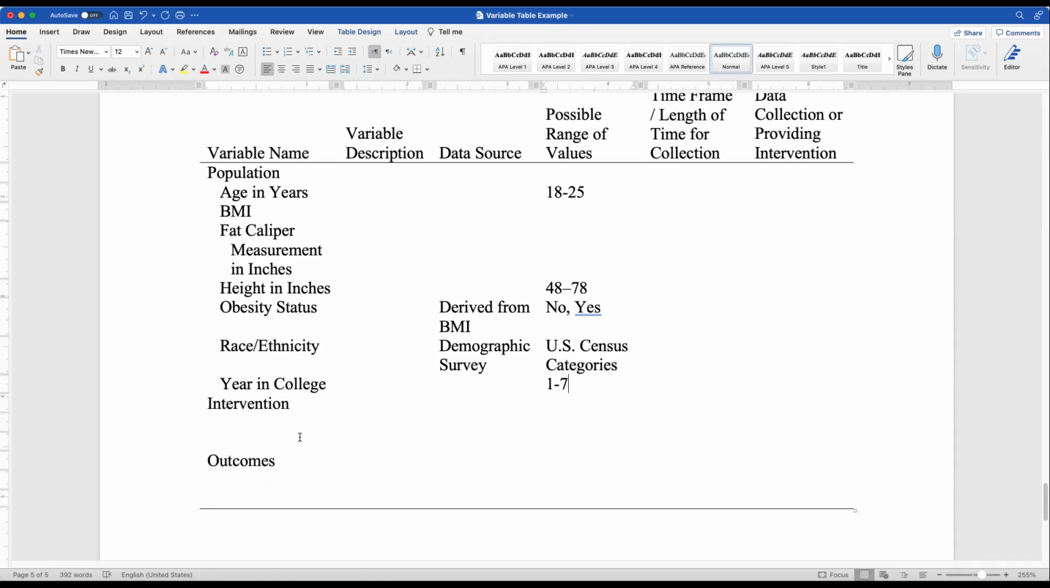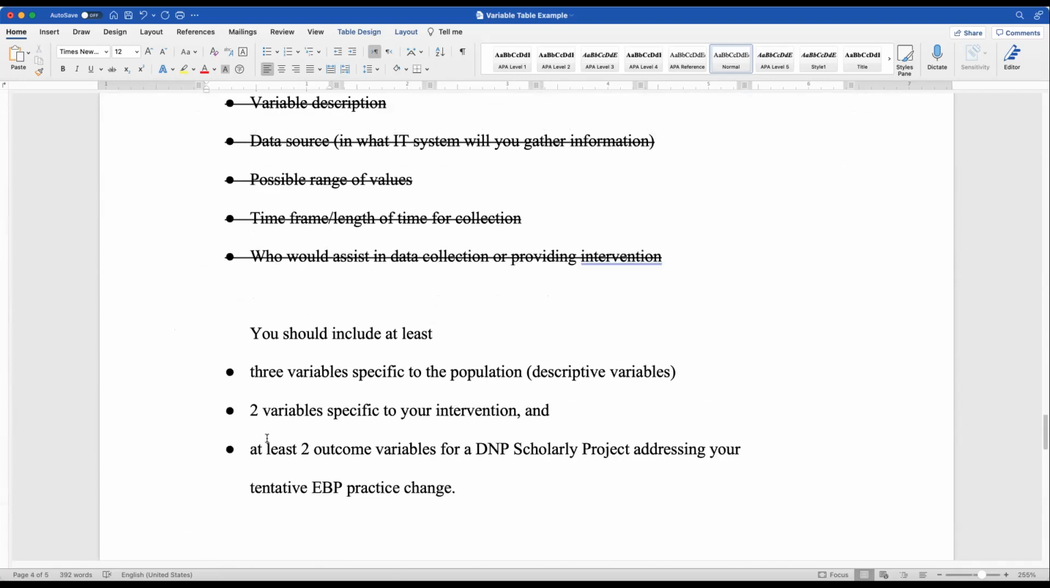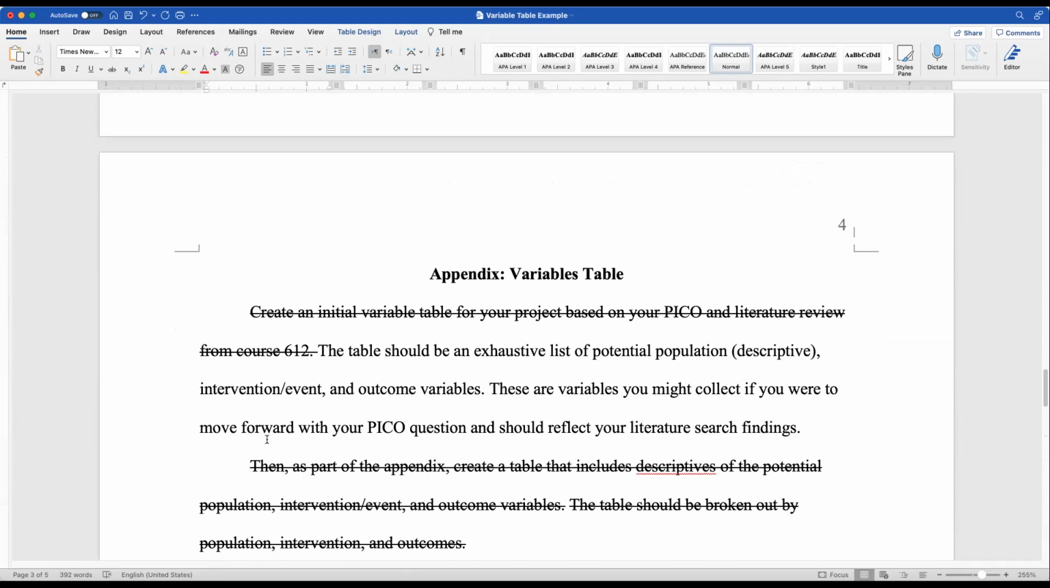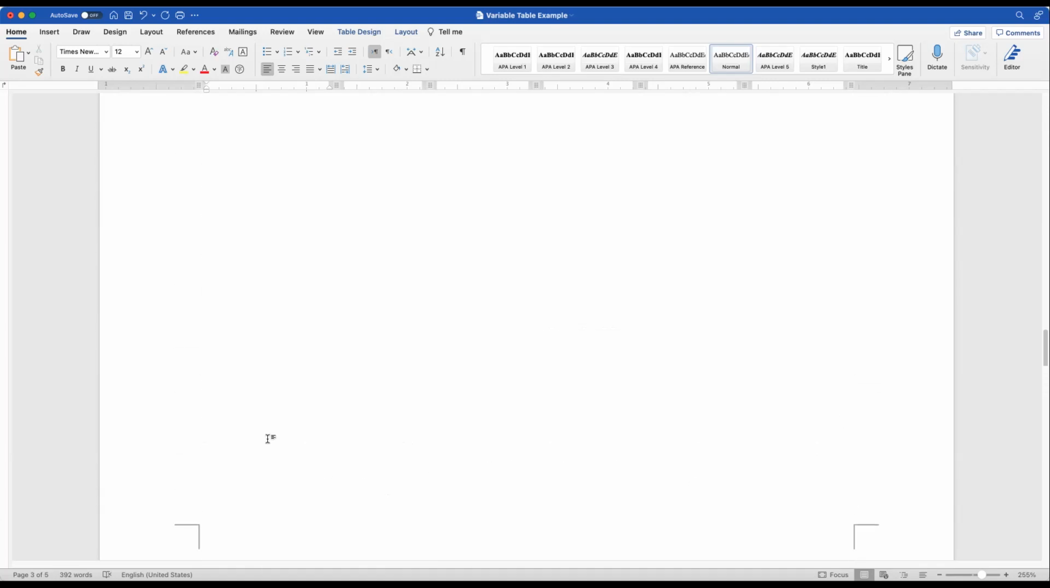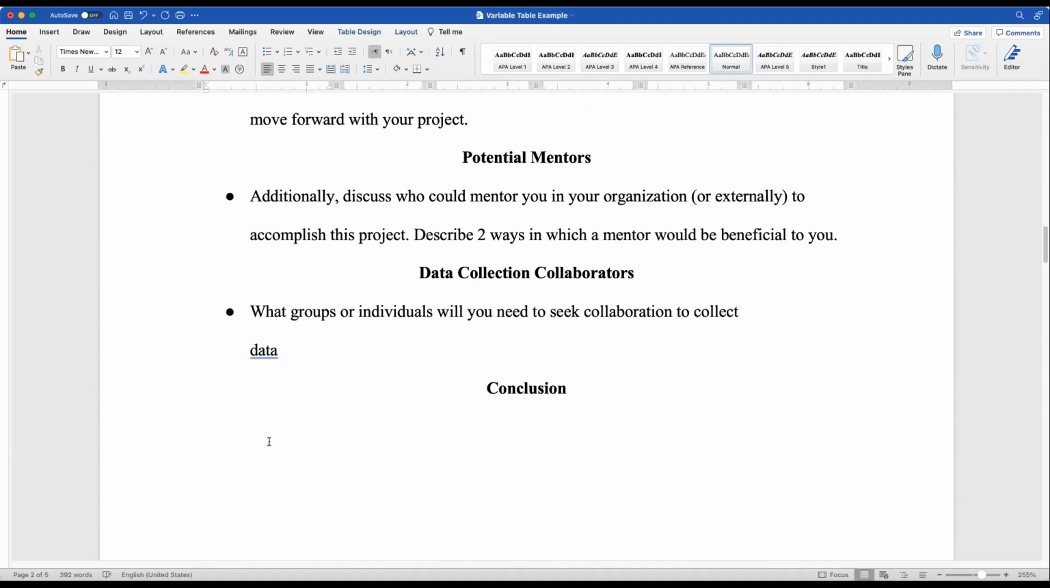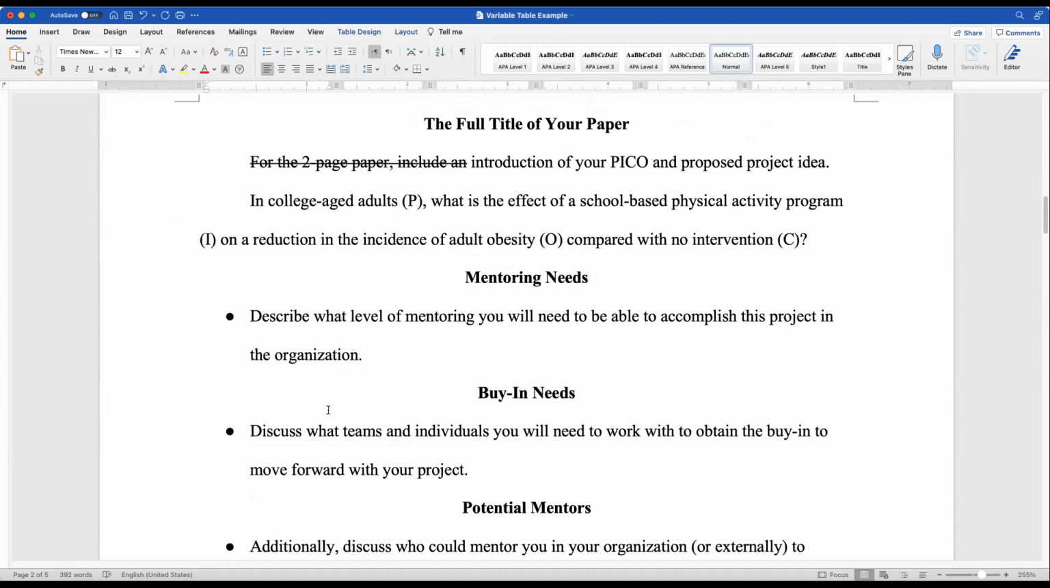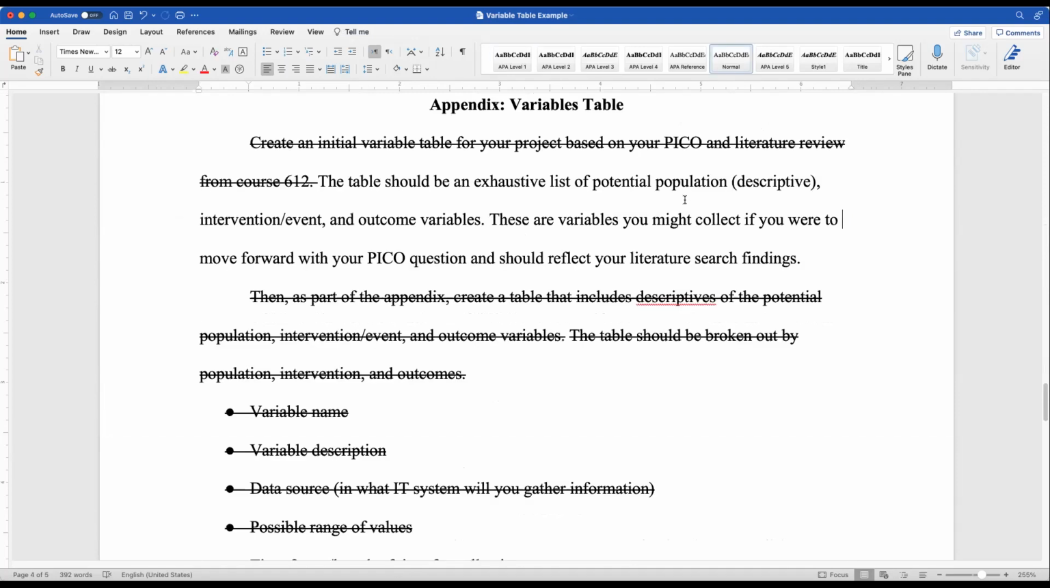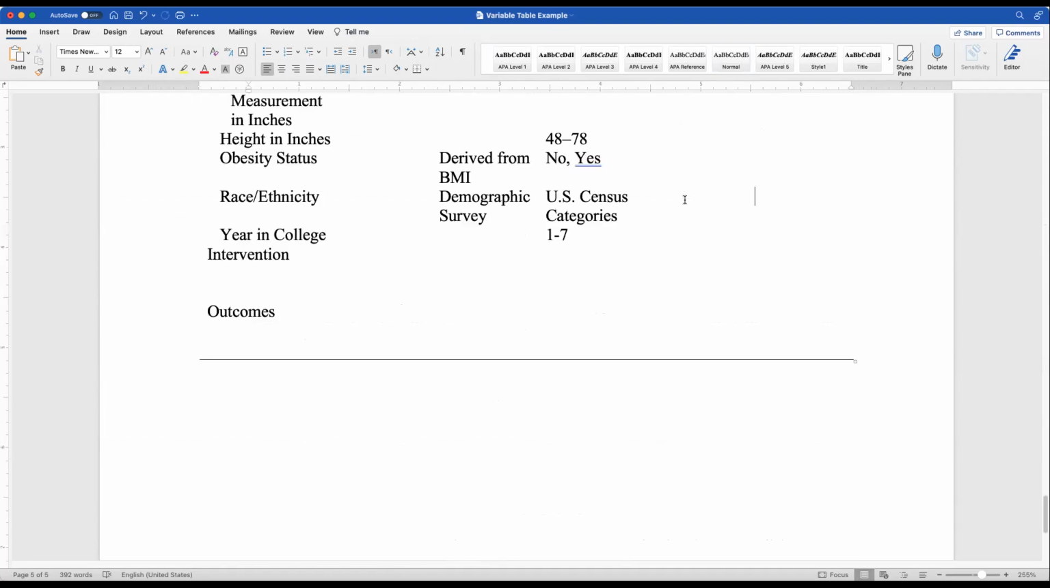All right, now let's talk about intervention and outcomes and how these might come up. Well, let's look back at our PICO question here. The PICO should be determining what is the effect of a school-based physical activity program. All right. So one of our interventions here is